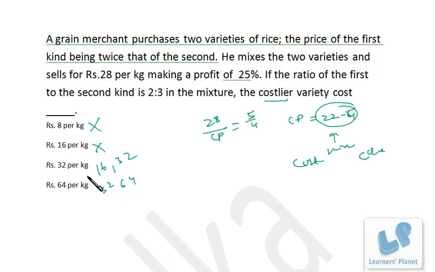If we had any other option where one is more than 22.4 and the other is less than this, then we would have to go for verification. Otherwise, among these options, we don't have to go for any sort of cross verification. Simply we can mark the answer 32 rupees per kilogram. Okay, so hardly any paperwork is required. The problem can be solved easily in 20 seconds once you are conceptually clear. Okay.